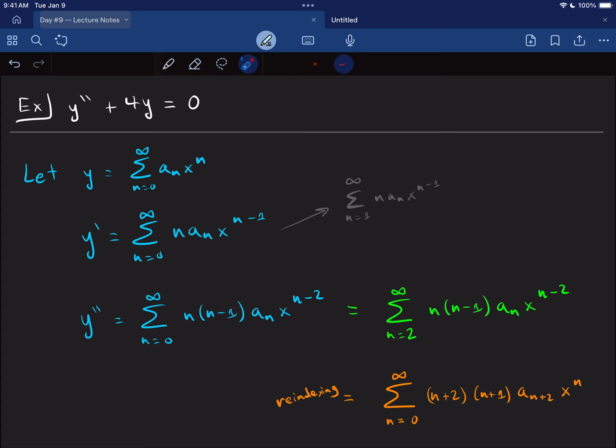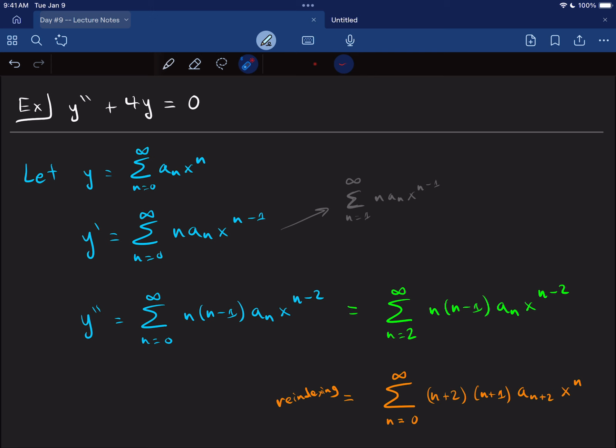Now I look at this and I go, okay, if I plug in 0 for all these 4 instances of n, I get 2 times 1 times a2 times x to the 0, which is exactly what I get if I plug in 2 into each of these. I get 2 times 1 times a2 times x to the 0. So I have successfully reindexed now,